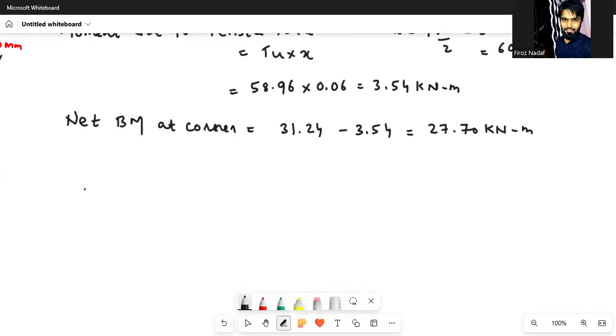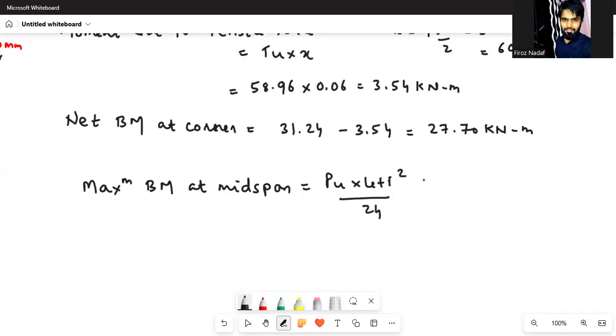Okay. Maximum bending moment at midspan. That is equal to Pu into L effective square divided by 24. Okay, so you can substitute the value of Pu. L effective is 3.18 divided by 24. So you are getting it as 15.62 kilonewton meter. Okay,